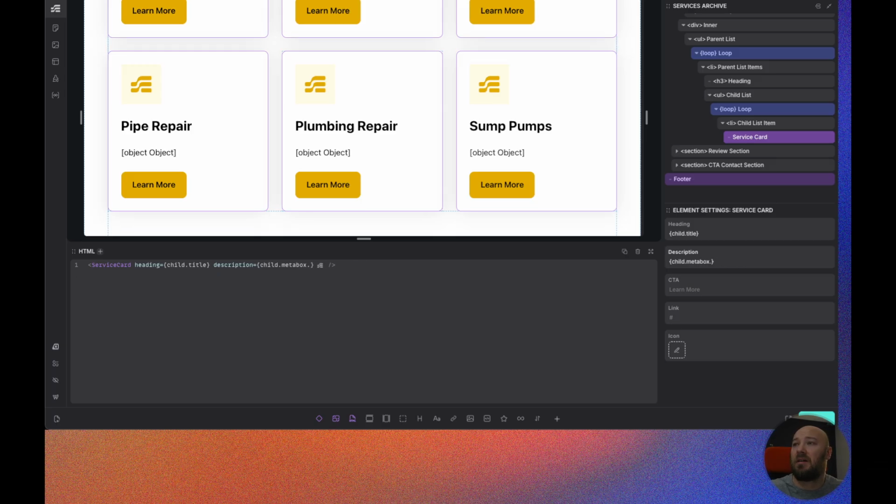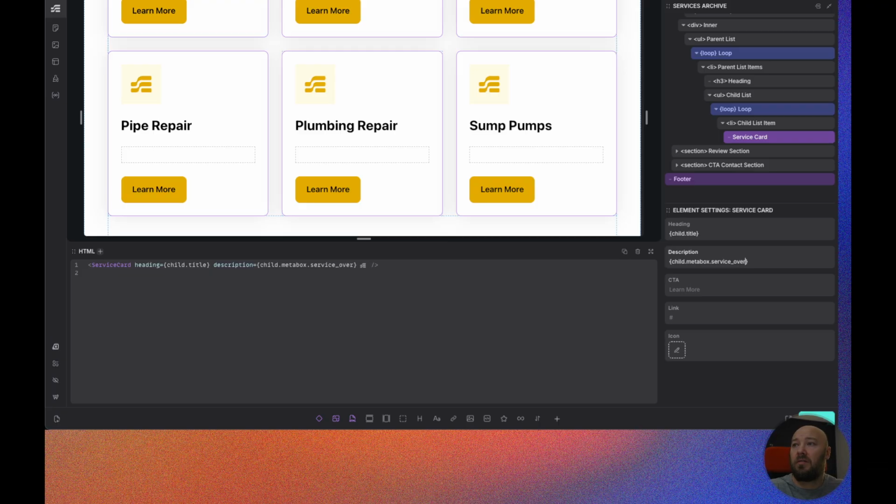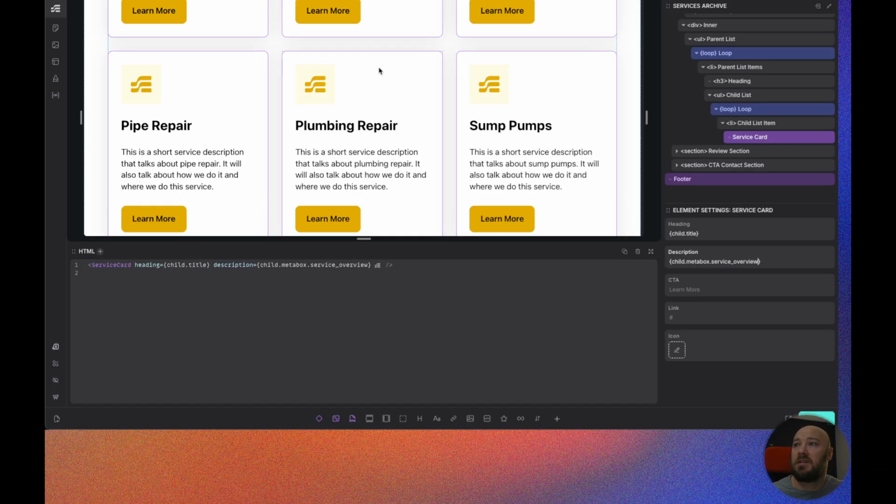Let's try that. There it is. My CTA I'm going to leave, and my link is going to be child dot permalink dot relative,